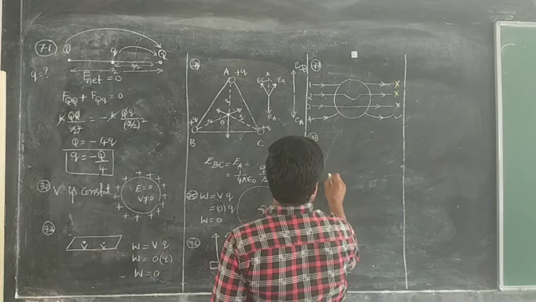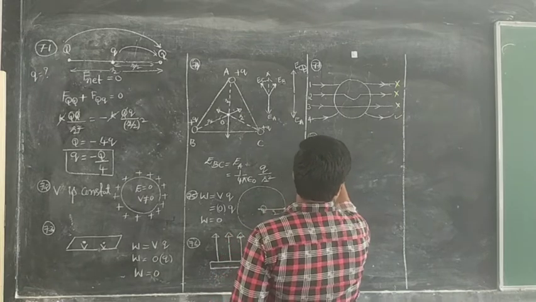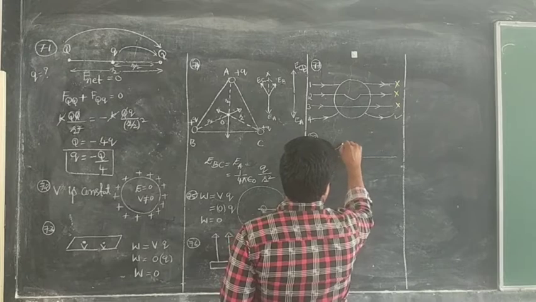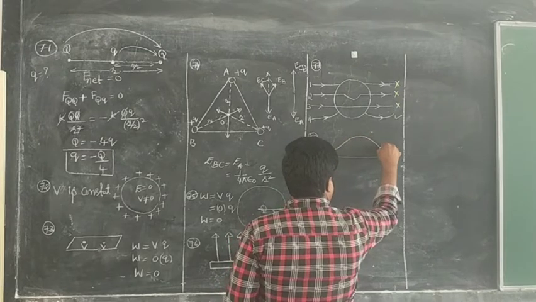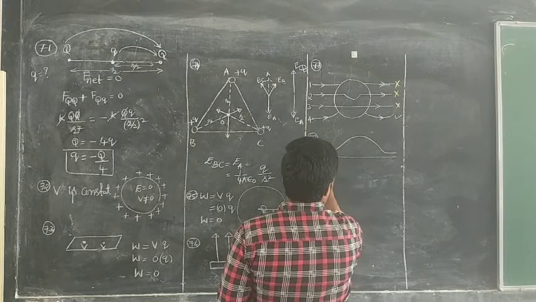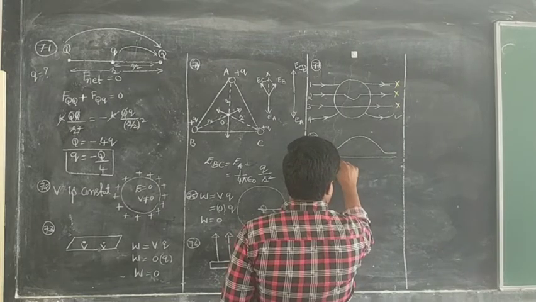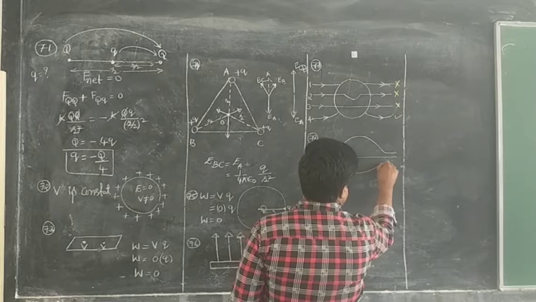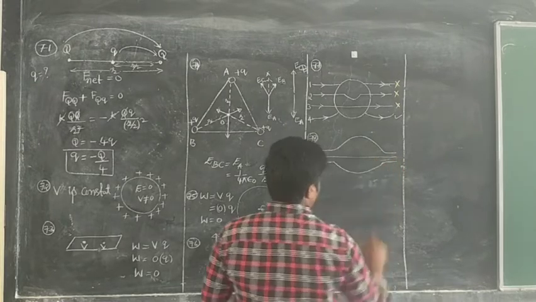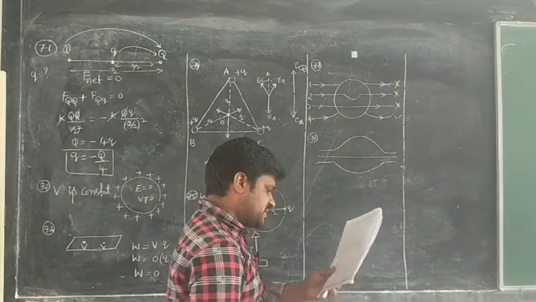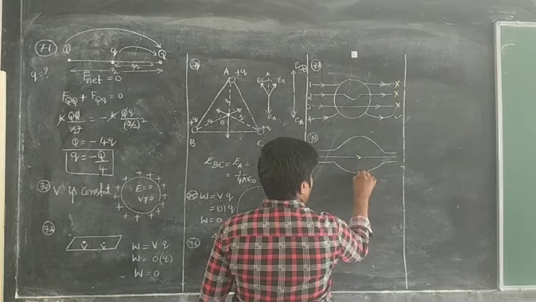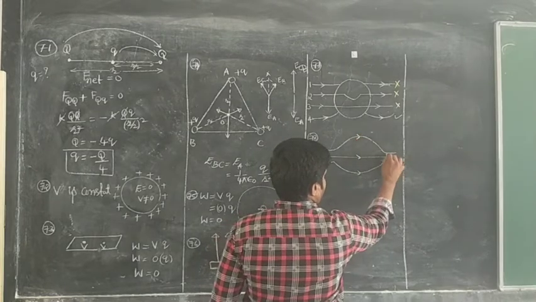Next one, we have another diagram, 78, one mark. You just look at it. Another diagram, right, in which there are 3 electric field lines. These are 3 electric field lines, and they are like this. You just see this is the direction of the electric field lines, like this.